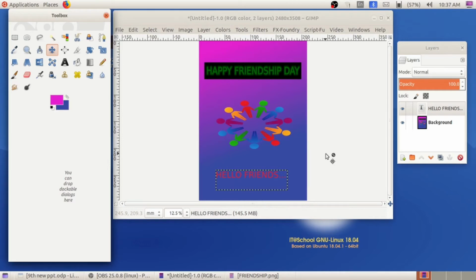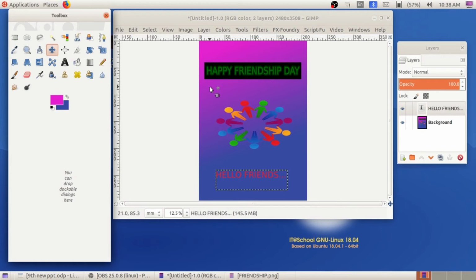So this is the method of creating a poster using GIMP software. We can include an image by clicking on File, Open. We can include a logo by clicking on File, Create, Logos option. And here there are several tools: rectangle select, ellipse select, free select, then select by color tool, then move tool, scale tool, blend tool. These are the important tools. Then the text tool. These are the important tools in the tool palette. You have to study the use of the given tools. And here the foreground and background color tool.